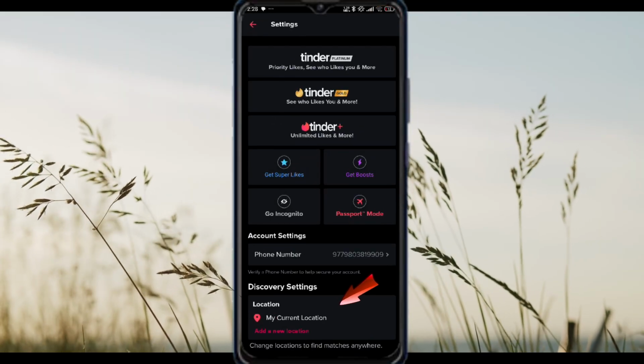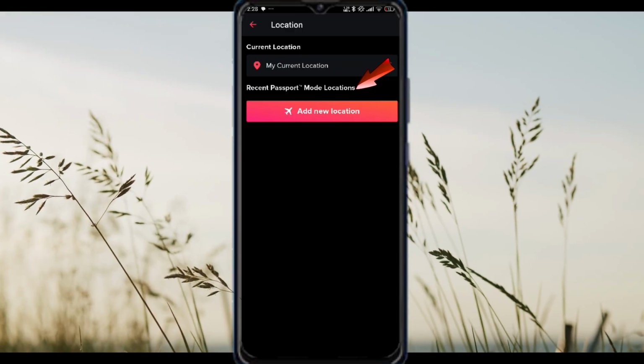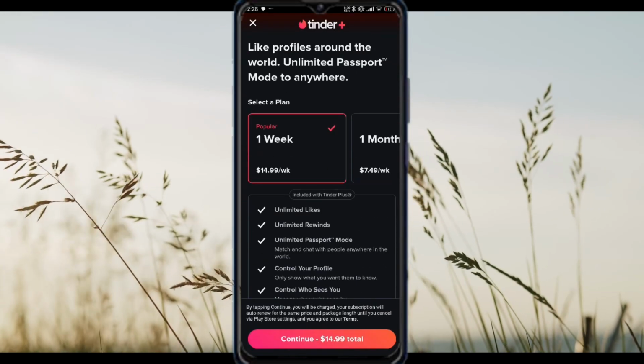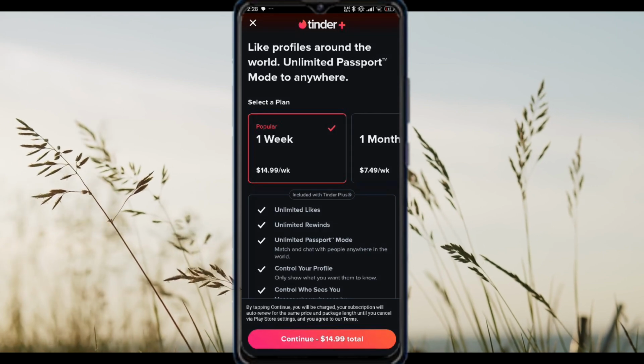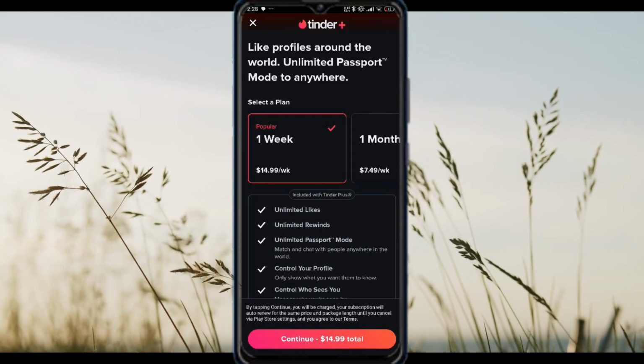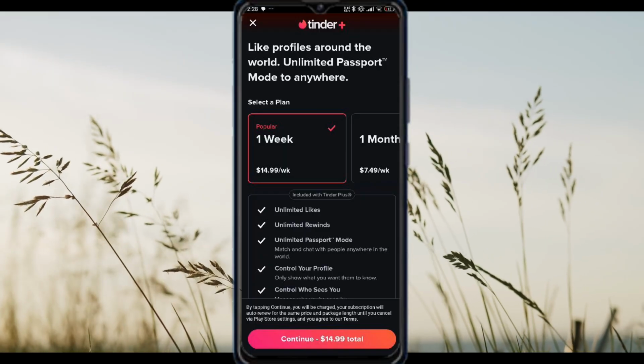Scroll down to location and tap on it. Now tap on add a new location. If you have Tinder Plus or Gold, you can enter a specific location manually. Simply type in the city or region you want to add and Tinder will update your profile's location to that